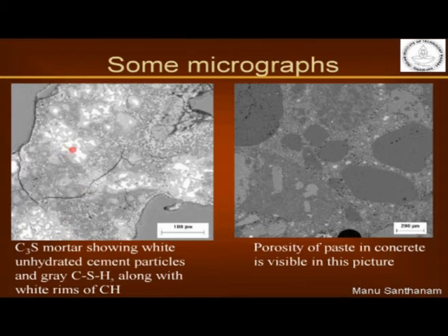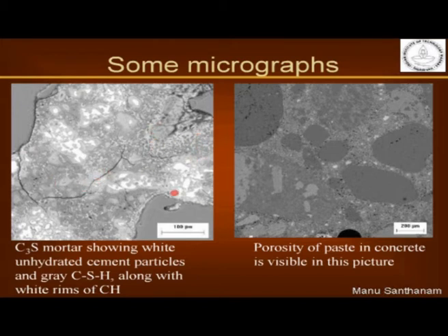So you see here the bright white phases are the remaining parts of the unhydrated C3S particles. So bright white is the unhydrated C3S. Just surrounding the bright white, you see this light grey region, that is your dense inner CSH. As you move away, there is a slightly darker region here. The darker region is basically your outer CSH, and then you have other white phases that are here, and here